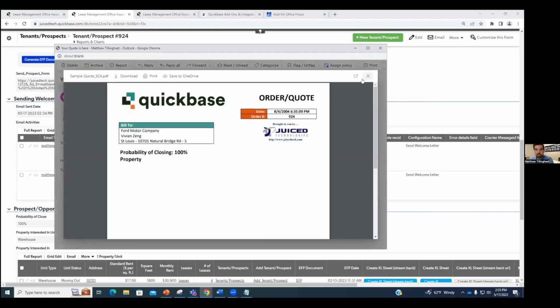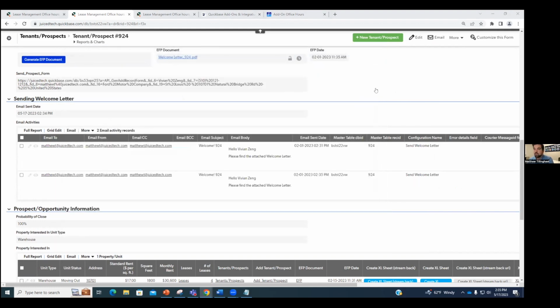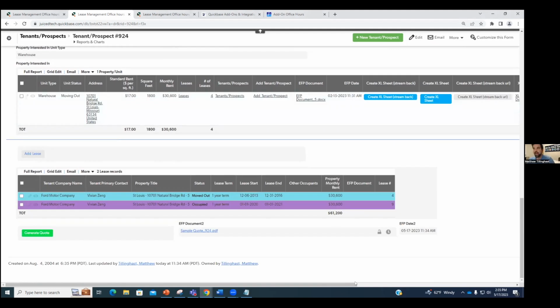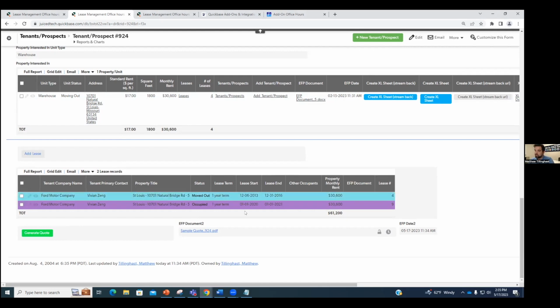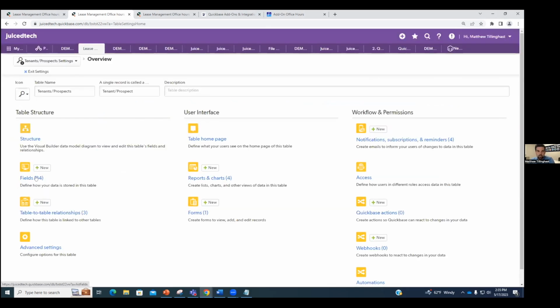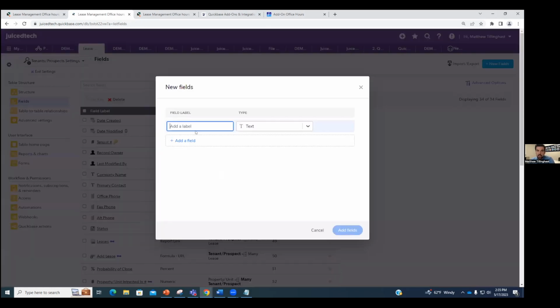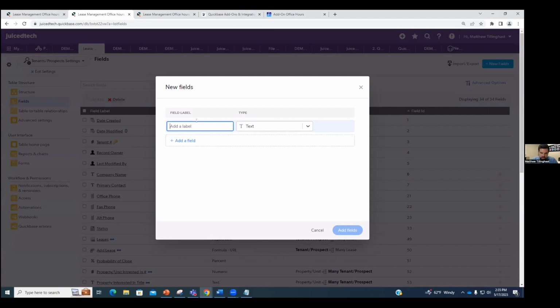but we have our sample quote attached. The other thing I want to show you guys is maybe you don't want it to kick out as soon as you generate the document. You might want to have someone review, so you want to add a button to send it, and maybe you don't want it to be one button click. So we do provide our clients with a quick URL code. And we can say send sample quote,